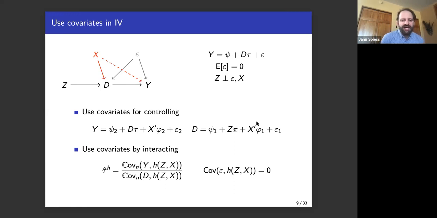Yeah, so I'm starting here with any general function that I can have, but then I'm arguing that if I want to ensure this covariance condition on the right here, then I have to choose it in a specific form. The way that I can characterize that is by not making any restrictions on the distribution of epsilon and X, but simultaneously assuming that Z is binary, and that makes it tractable. That combination of a very simple structure in Z, while being unrestricted in epsilon and X, allows me to say that whatever the distribution of X and epsilon is, as long as I know that it's independent of Z, I have this orthogonality, meaning my instrument is valid,